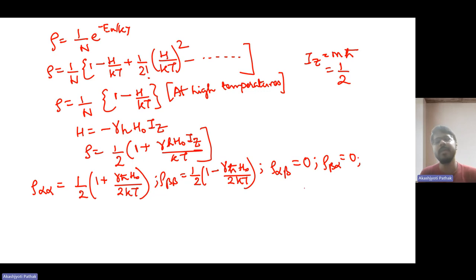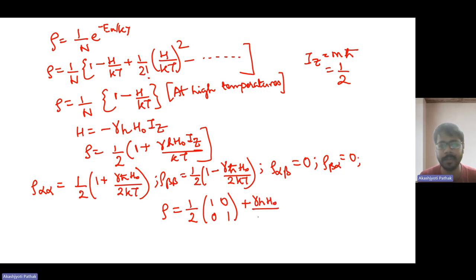It will be zero. Why is this zero? Because of the hypothesis of random phases. By the hypothesis of random phases, we know that rho alpha beta and rho beta alpha will be zero. So what will be the elements of this density operator? The elements will be 1, 0 (alpha alpha, alpha beta is 0, beta alpha is also 0), and beta beta is 1, plus